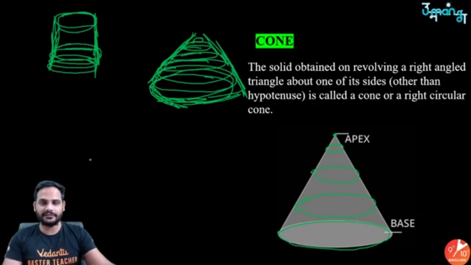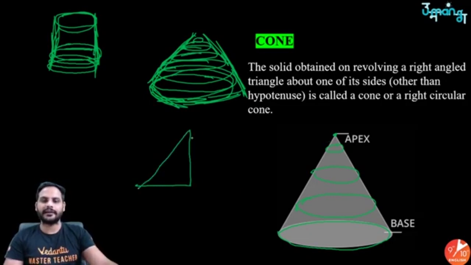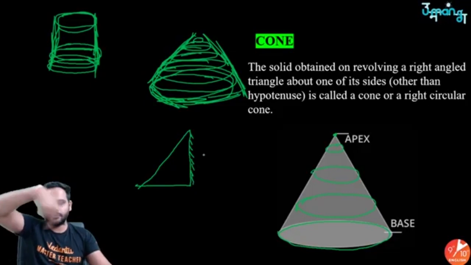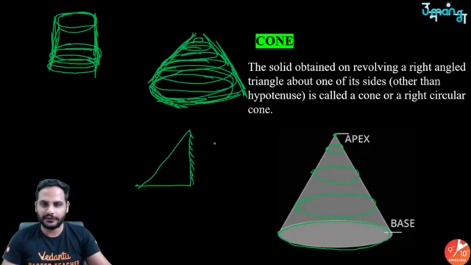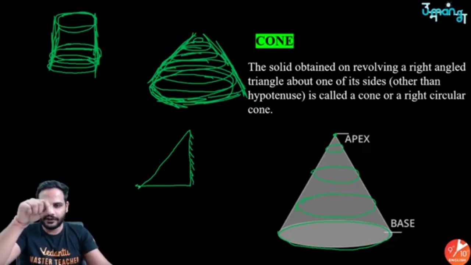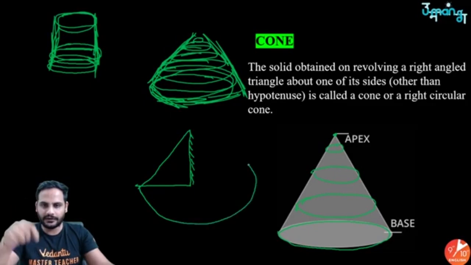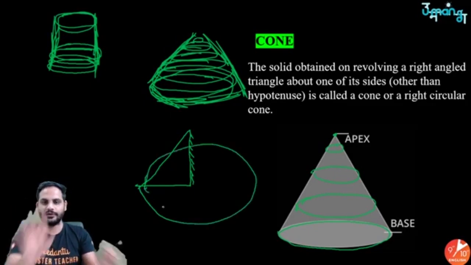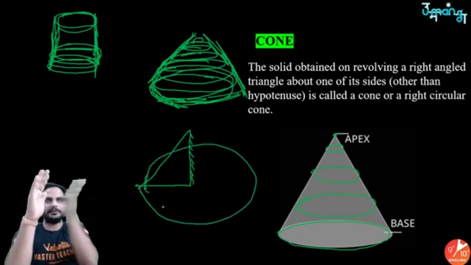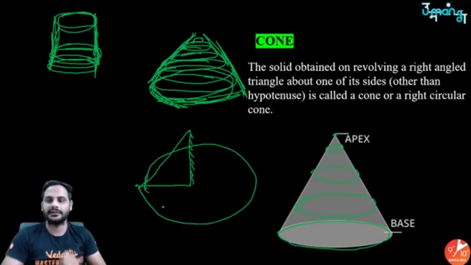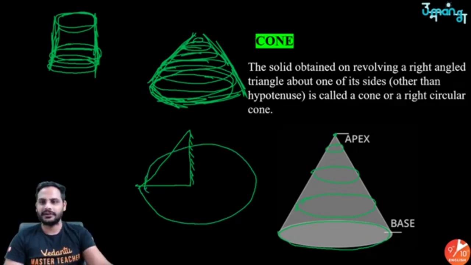One more definition for this can be: suppose I have a right angle triangle and I fix this part, so it can only rotate. You cannot move this from its place, and if I rotate this along with this part, you will get a cone shape, or not? See, something like this, it will be forming a cone. Do you see it? So revolving a right angle triangle about one of its sides, you will get a cone like that. Got it?